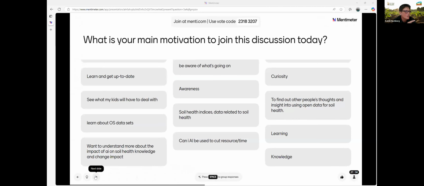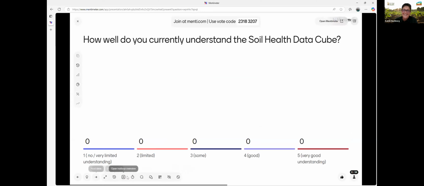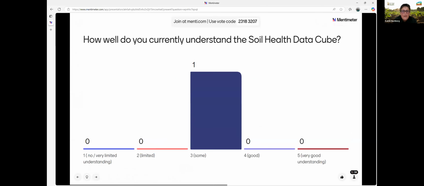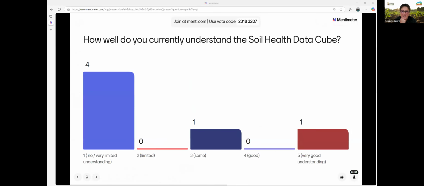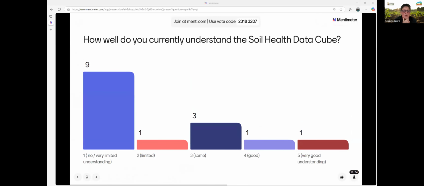Thank you. We'll move on to, I think there's only one more, and then you can sort of relax and sit back. This is just asking you how much you already know about a soil health data cube. And just to let you know, we will be asking you the same question at the end of the session to see if that has changed. But again, it will really help our speakers to pitch the next bit.